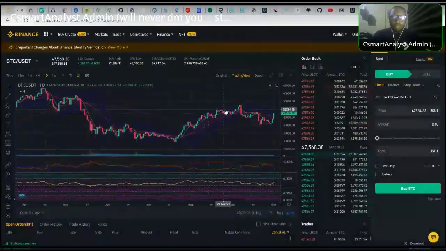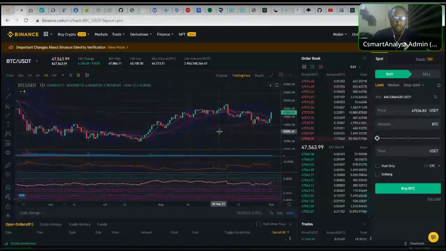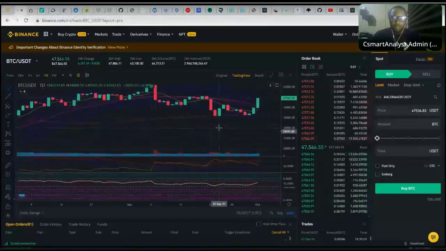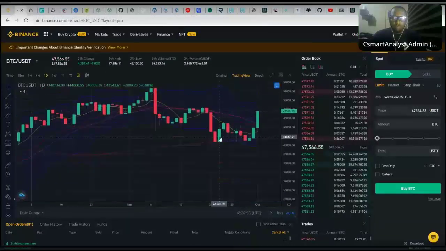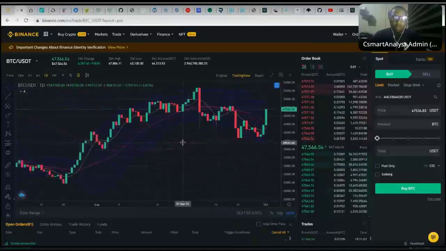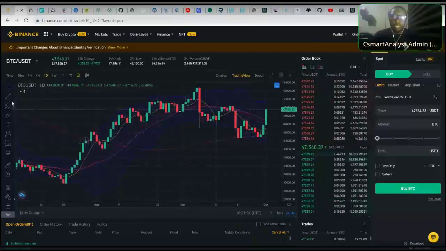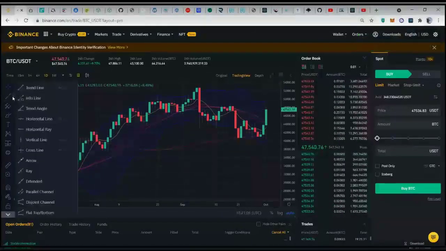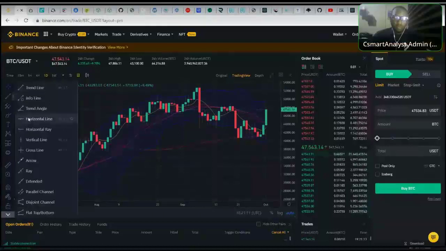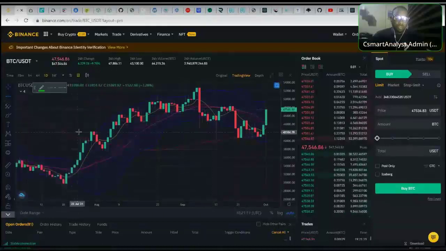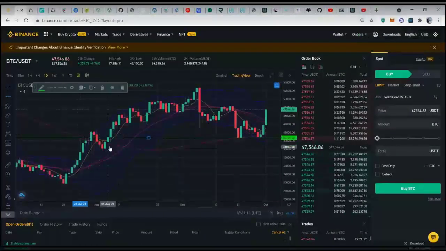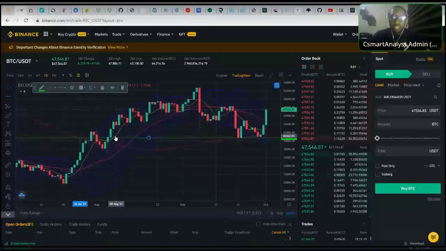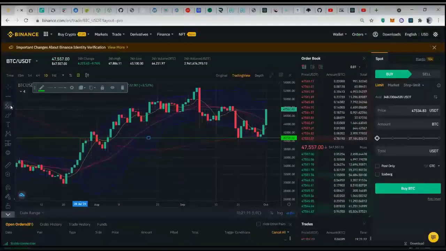This is the BTC chart. When I start giving signals, I'm going to be using this trend line. There are different ways I'm going to be using it. I use the horizontal line as entry. When you see a green, it means entry. And when you see a red,